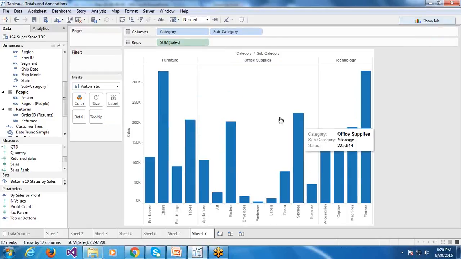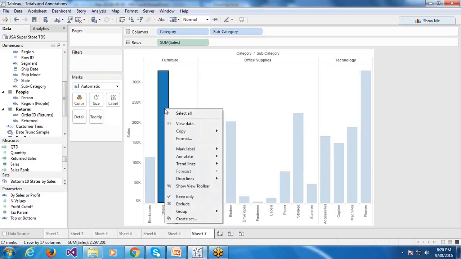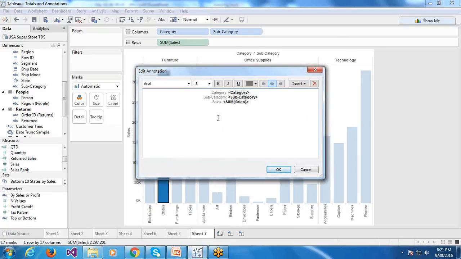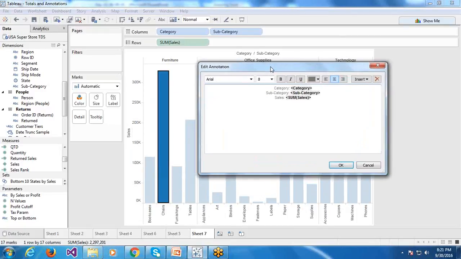If you want to comment anything, select that mark and say annotate. We have three different kinds of annotations: mark annotation, point annotation, and area annotation. So we can select any. Mark makes sense.